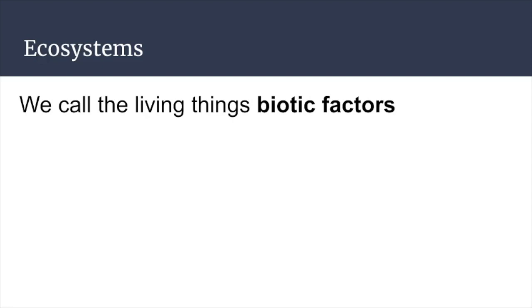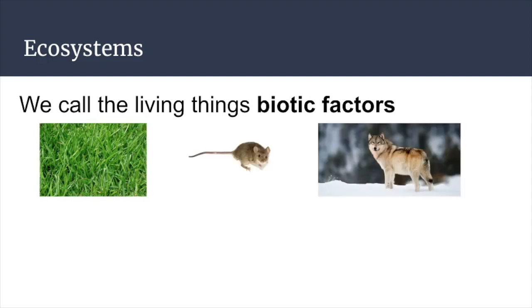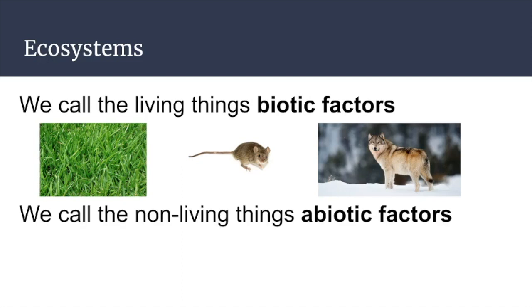So biotic factors are living. They are actually alive. Things like grass, right? Plants are living. A mouse is obviously an animal that is living, right? These are all examples of biotic factors. Now, abiotic: usually when you put that A at the beginning of something, like if you are asymptomatic, it means you don't have symptoms, or asexual reproduction, that is producing without sex, right? So abiotic means not living. Biotic means living. If you put an A on it, you're saying not living factors.